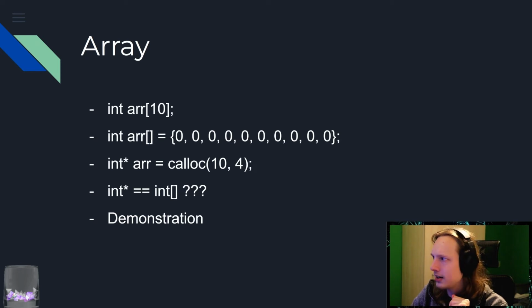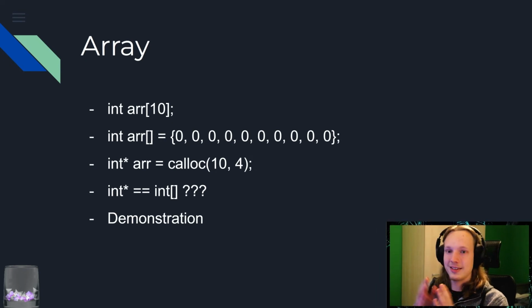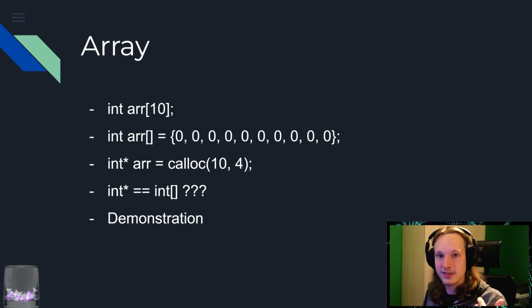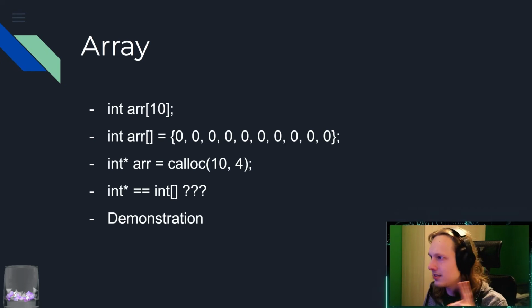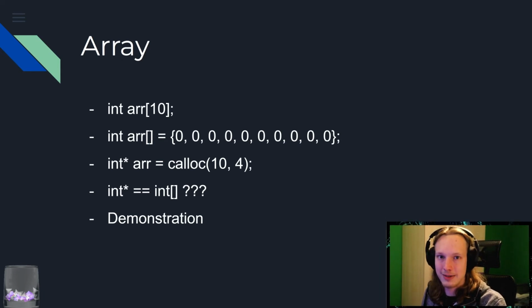So you can define it as in the top line. You can also define a new array as in the second line, with just an array initializer, as it is called. You have just 10 zeros if you count that out. That just means that it will create an as small as possible array to put all of these zeros in. So that will be an array of 10 integers with these 10 zeros in it. The top and the second line should create exactly the same code, zero initialized, which is pretty nice.